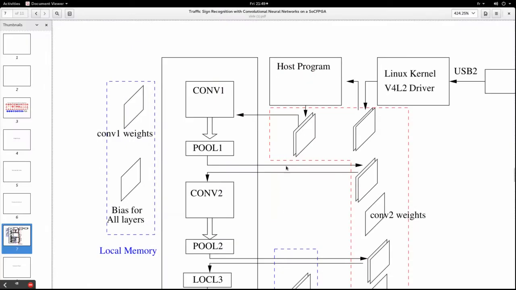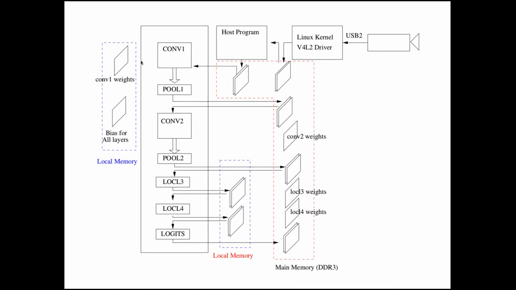So after this, we implement the inference phase in OpenCL. This is the inference phase implemented within the FPGA, and as you can see, it consists of the same layers, and each one of these layers is an OpenCL kernel. Convolutional layers and pooling layers communicate through a channel, and for the rest of the communications we pass through the memory